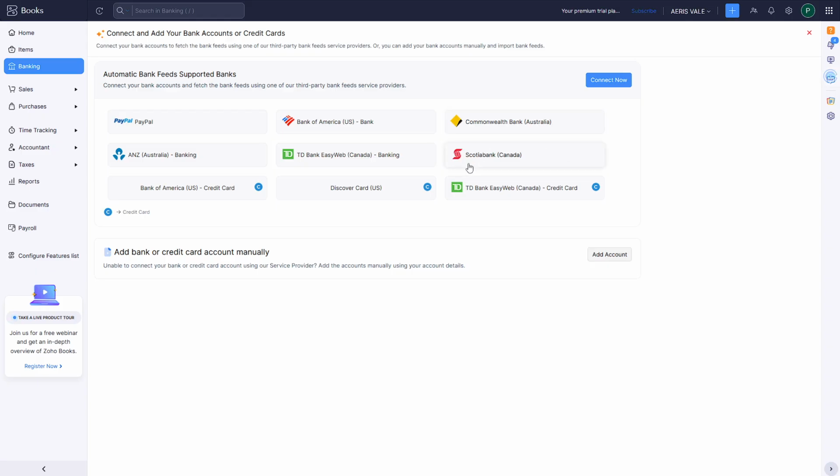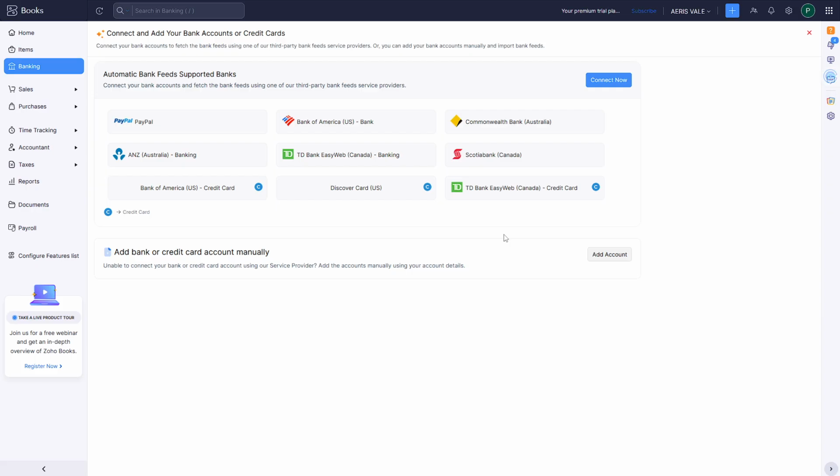Next, you'll want to proceed by clicking on Connect to add your bank or credit card accounts. It's crucial to ensure that the information you input matches your bank's records precisely to avoid any linking issues. Be mindful of any security prompts from your bank, which may require additional verification. This step is where all the magic happens as your transactions begin pouring into Zoho Books, enabling you to track